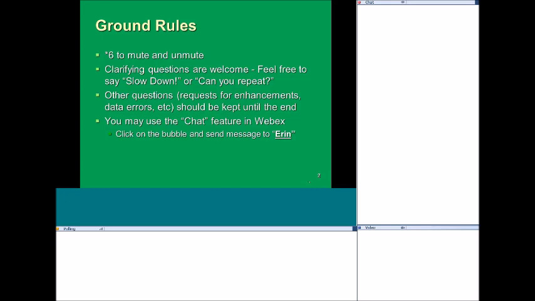You can also use the chat feature in WebEx, and this time please send the message to Erin. She is sitting right here watching all the chats come in, and she can make sure that your questions or comments either get answered individually or presented to the group or take the appropriate action.